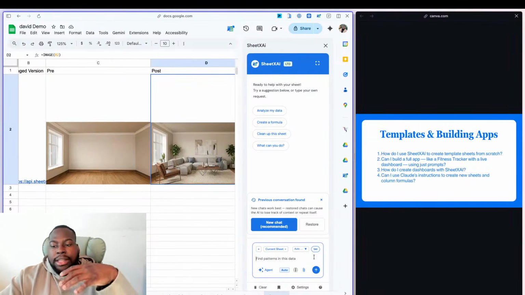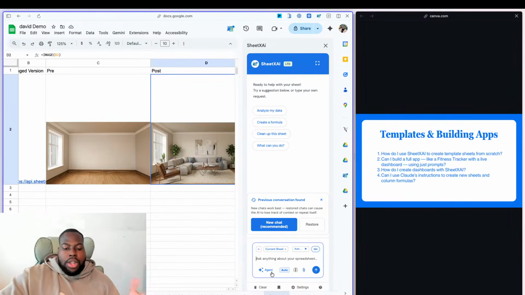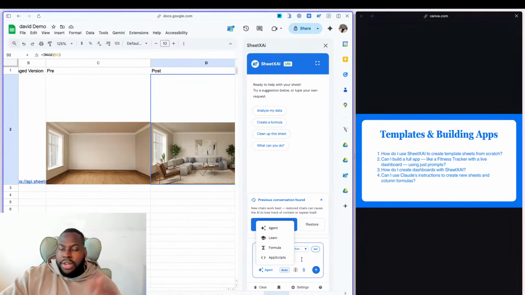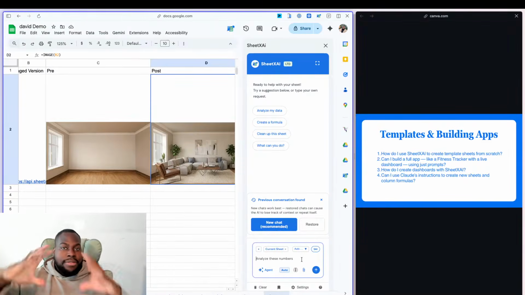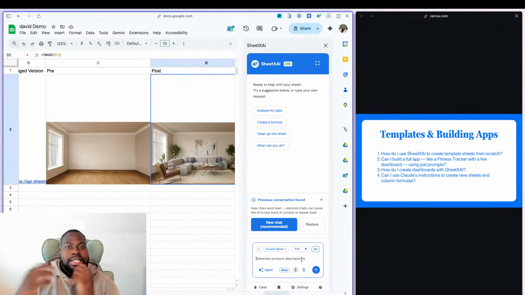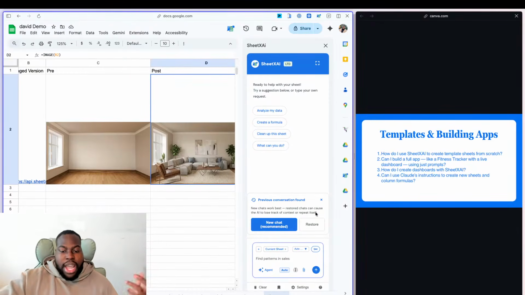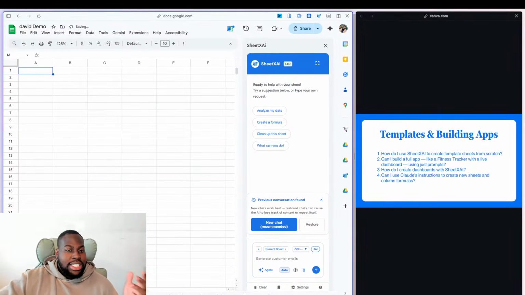Anyways, the point I was trying to make here is, we have agent, learn, formula. We're going to add a template version very, very soon, where we will have a version of SheetXAI trained to only create templates. Right now it's tougher because of the way we've trained SheetXAI. You could ask SheetXAI to create a template. I'm saying all of this, but it's not that SheetXAI can't create a template, but it's just like any other